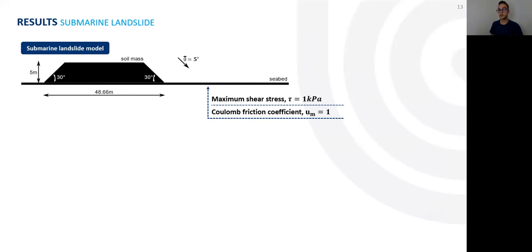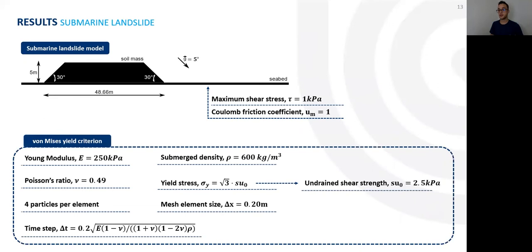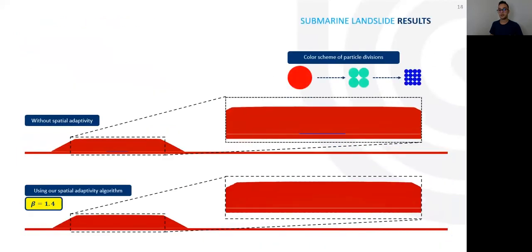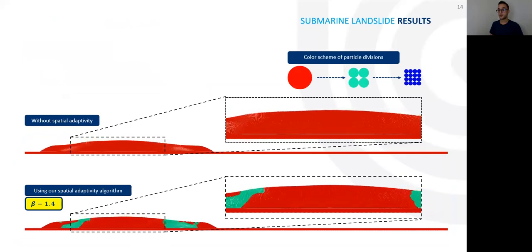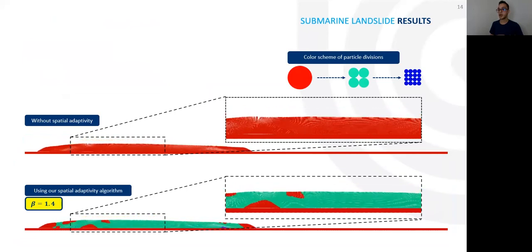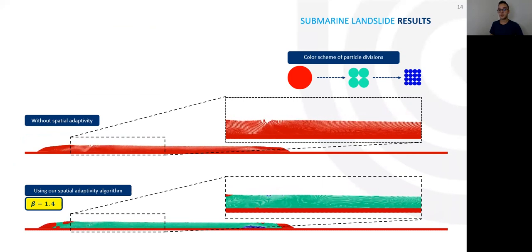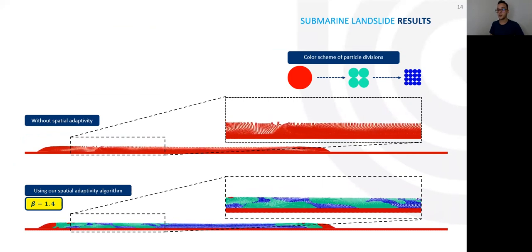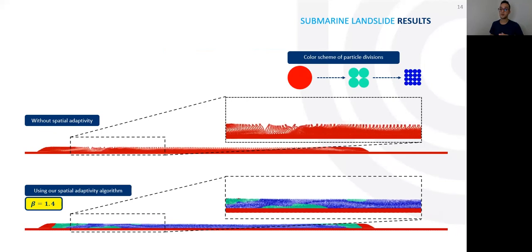The soil mass material is assumed to be elastic with a perfectly plastic von Mises yield criterion, and we are aiming to simulate with the Herschel-Bulkley model for future work. The other material and simulation parameters were taken as shown in the table, and lastly, we used a limiting parameter beta of 1.4. As you can see, when using our adaptive scheme, the particles are divided 2 times. When not using the adaptive scheme, a lot of numerical fractures developed,